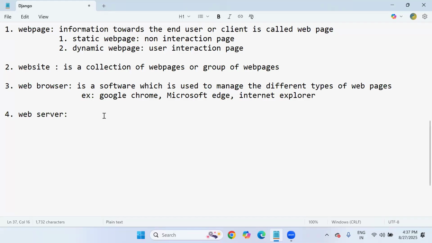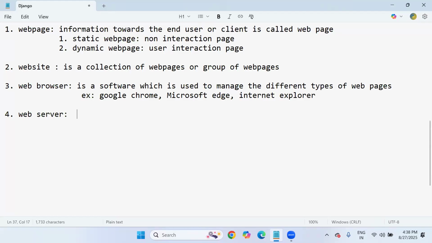Java people use the Apache Tomcat web server to manage their Java web pages. .NET people use the IIS web server or IIS Express. And in Django, we also have built-in servers like the WSGI server, web server gateway interface, or ASGI servers, asynchronous server gateway interface. You will come to know about these servers in a later part, so don't worry about that. But in most cases, there is also a default web server, which is called the Django web development server.